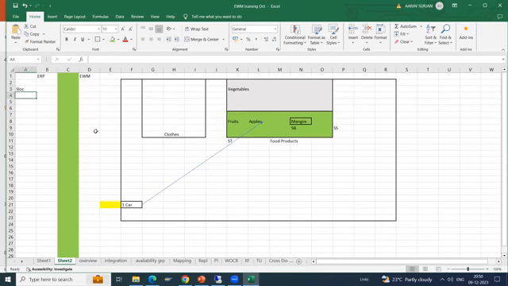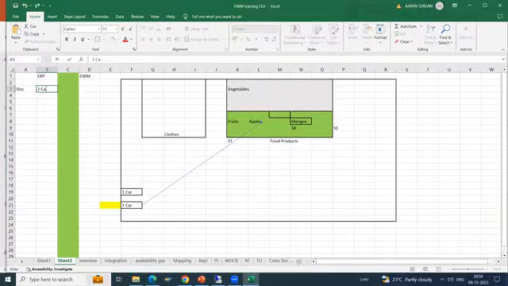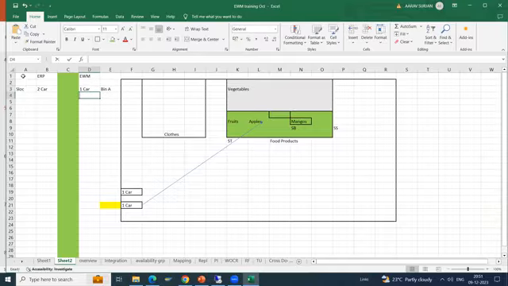Suppose you have received 2 cartons of apples, and 1 carton you are storing here, and the other carton you are storing here. When you have no EWM, in the system you will see the inventory as 2 cartons. But in case you have EWM, the warehouse will be able to see that 1 carton is stored in bin 1, and the other carton is stored in another bin.